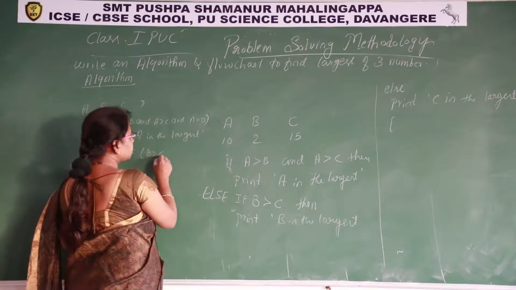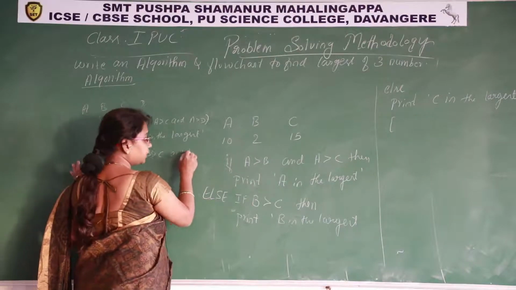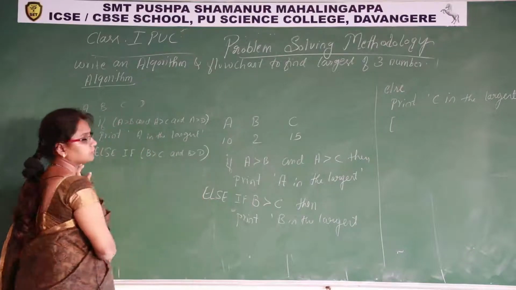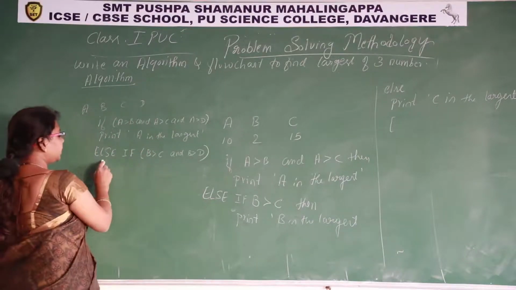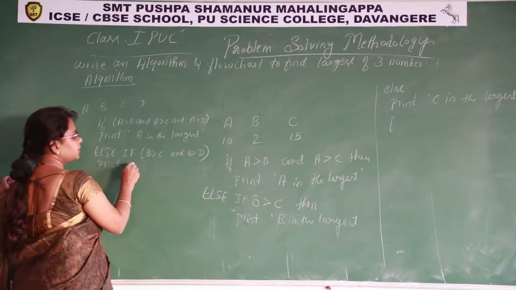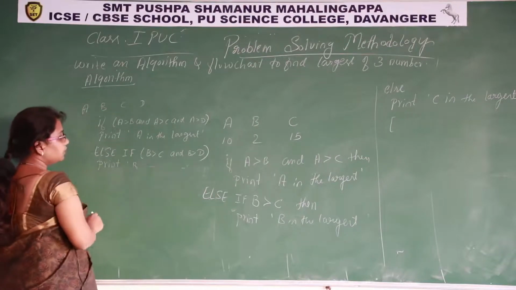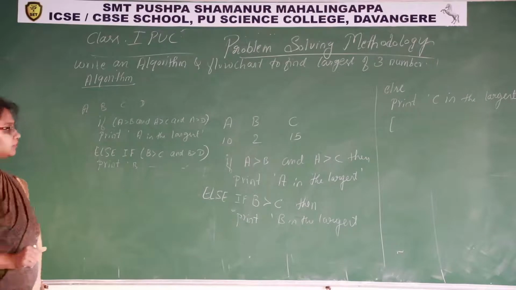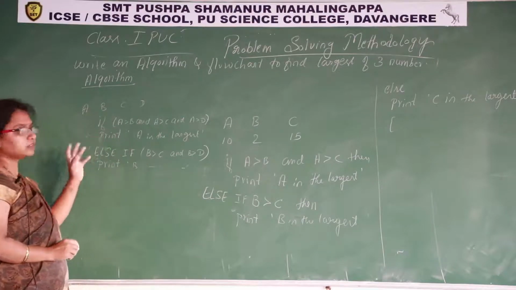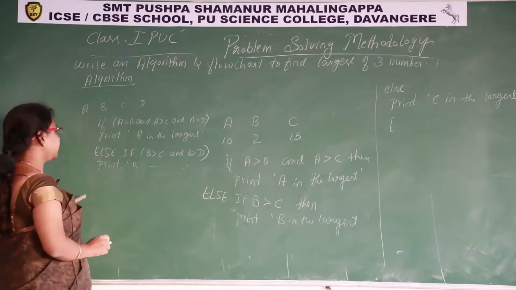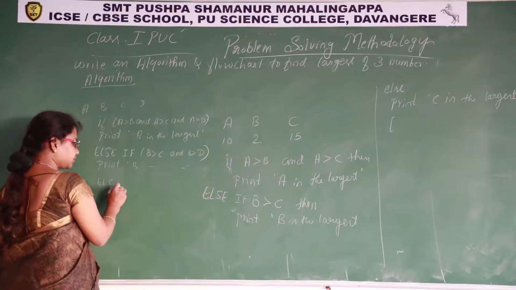If B greater than C and B greater than D, then what it has to print? B is the largest. If this condition also not satisfy, then A and B we should not consider. Let us consider C and D. Else if